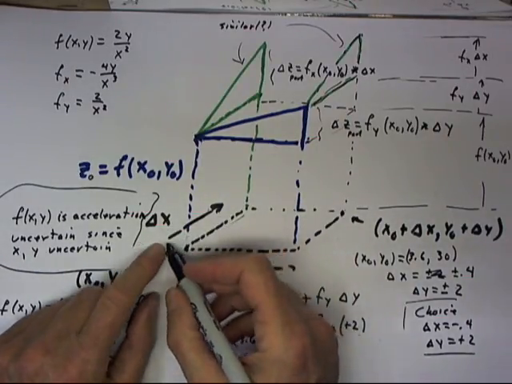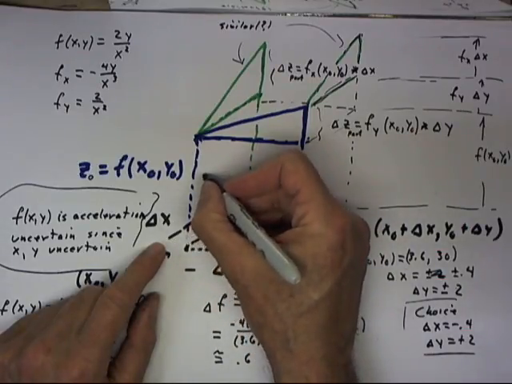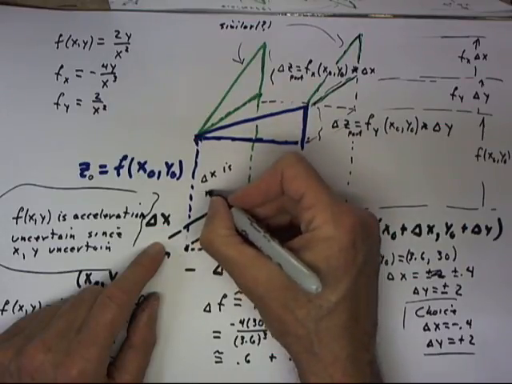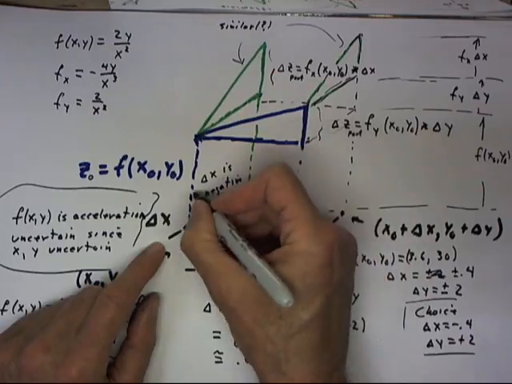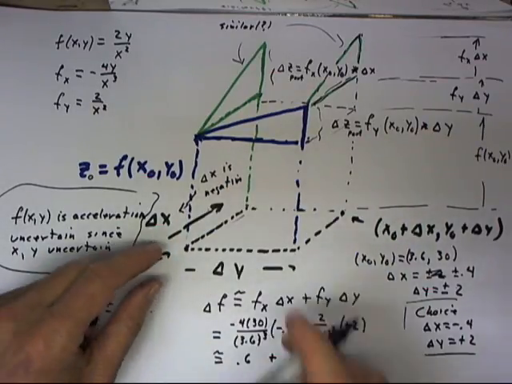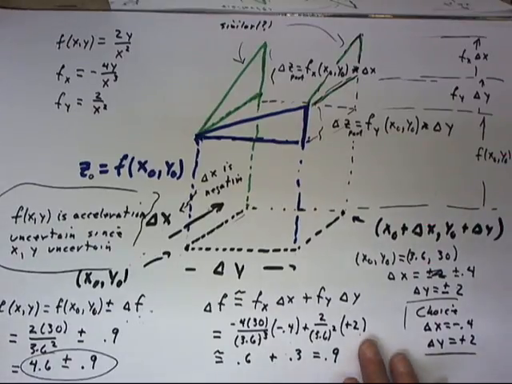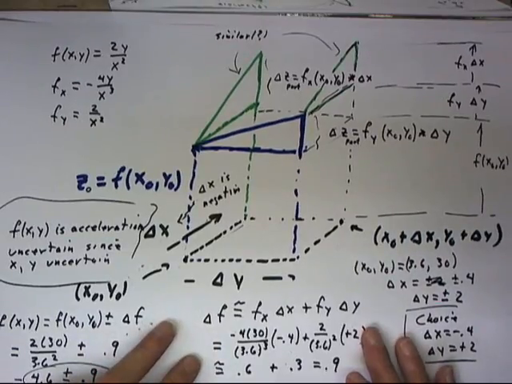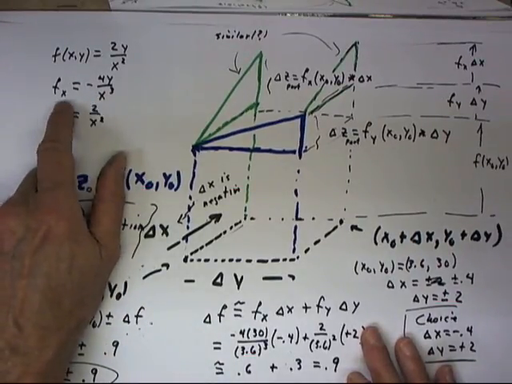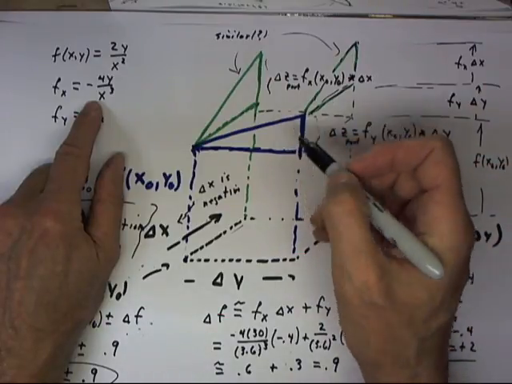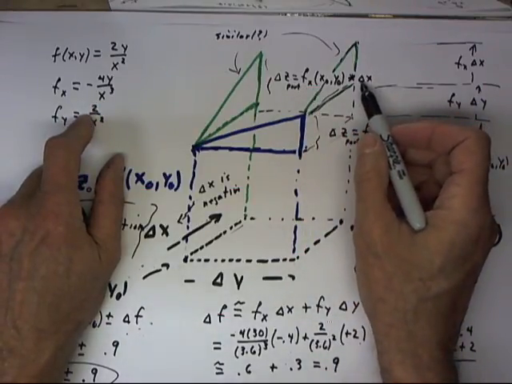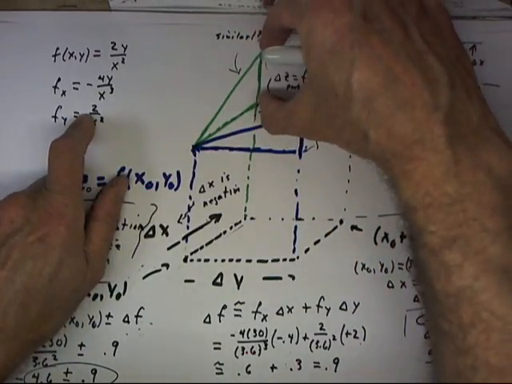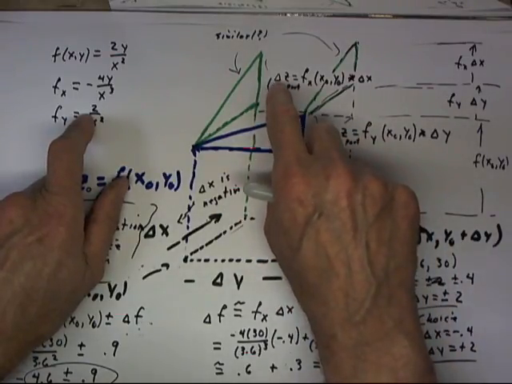Now, delta x is in this direction, so we're just going to write this out, that delta x is negative, since it's going in the negative x direction. And we've written down the f of x, y function and its derivatives just as a reminder. Fx, the x derivative, is negative, so that when we multiply fx by delta x, we're going to get a positive value. So we have our positive change in the value of z. And I labeled that delta z